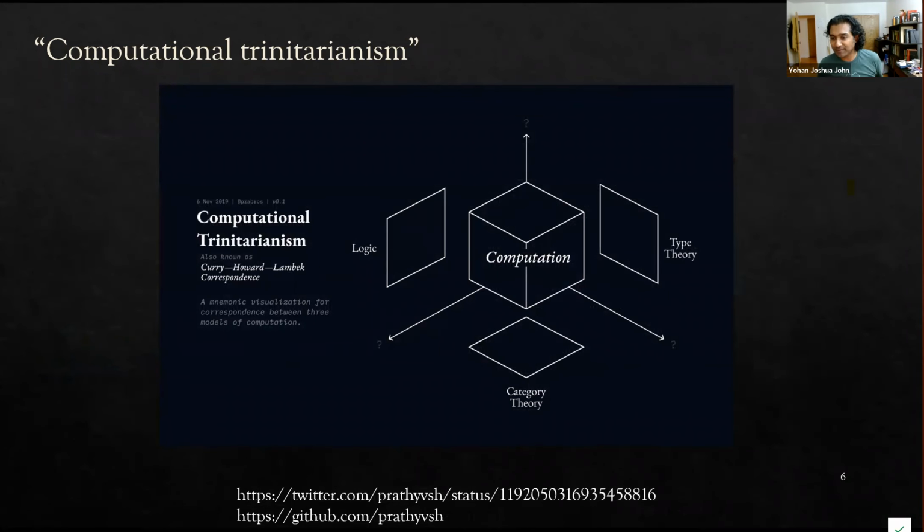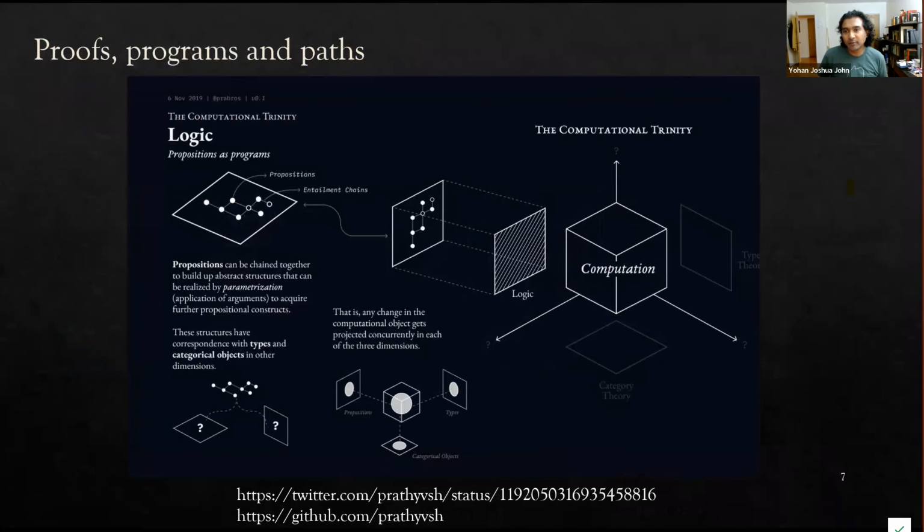So yeah, there's this person I know, a Twitter friend named Pratyush. He's a designer, and he also makes these really good tutorials about lots of different science and math topics. And I asked him, can I use some of your diagrams just to get a visual feeling for this? Obviously, this one didn't really need diagrams, but where we're going with this is the idea of proofs and programs, which you kind of mentioned, and then this concept of paths, which is what will lead us towards the topology